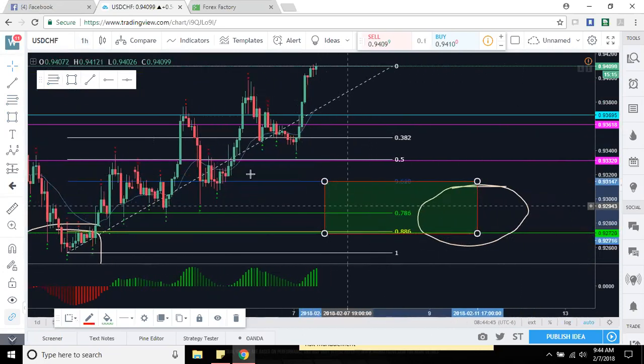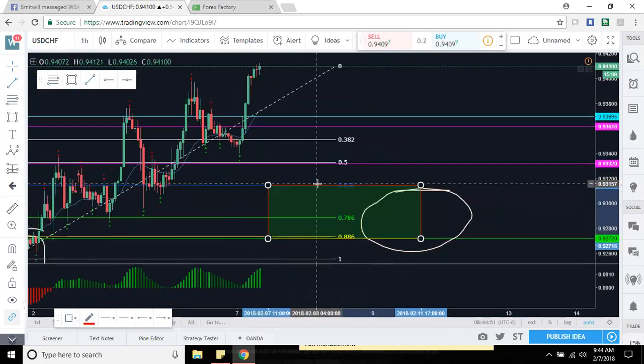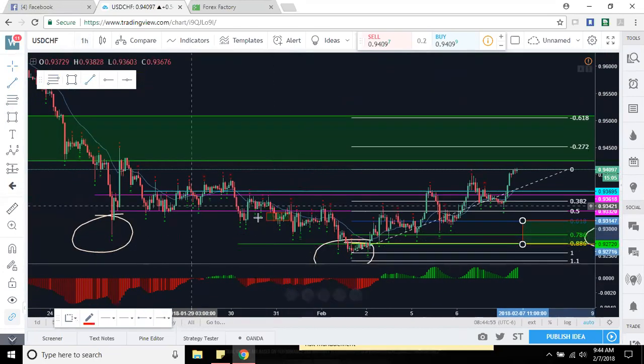So upon the retrace, let me get back to normal. Zoom out. So yeah, on this retrace, like I said, I want to see it enter that zone, and we'll see a